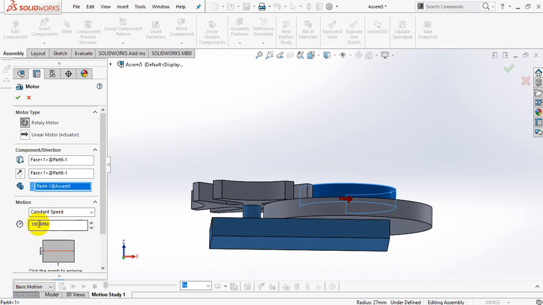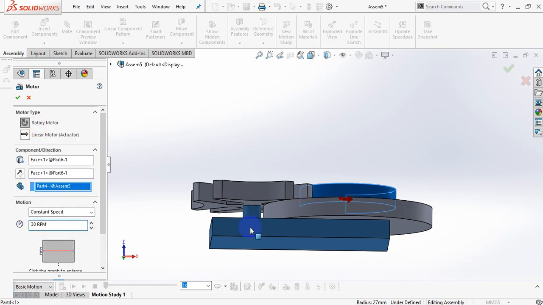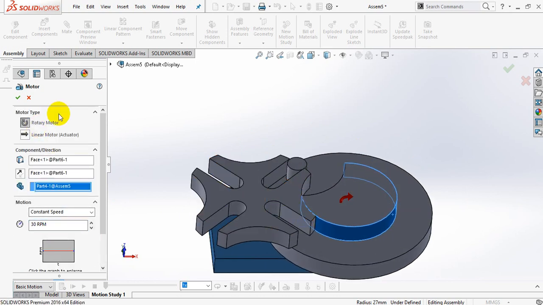Here we have 100 rpm, so change it to 30 rpm, because at 100 rpm we can't see the profile; it will move very fast, so 30 will be a slower motion. So the rotary motor is completed. We put a motor here and set some constraints, select OK.